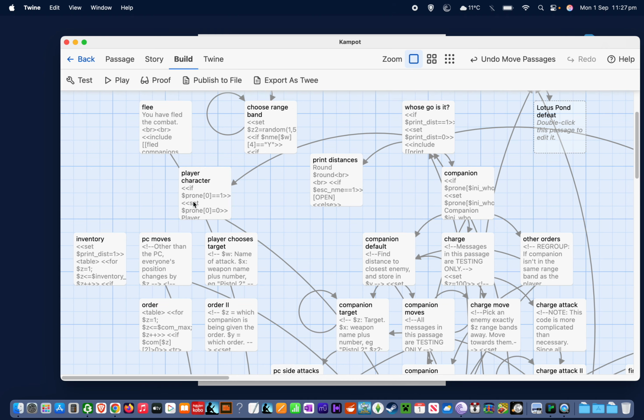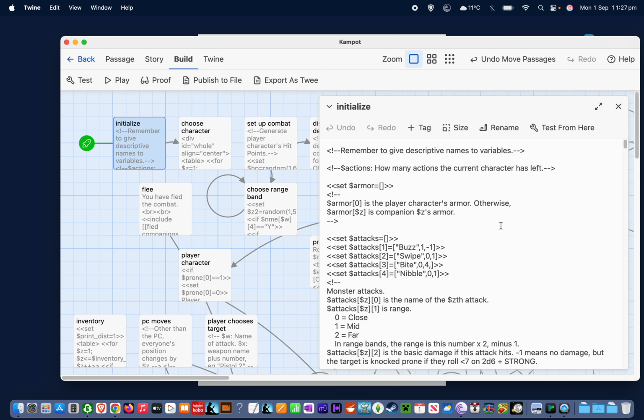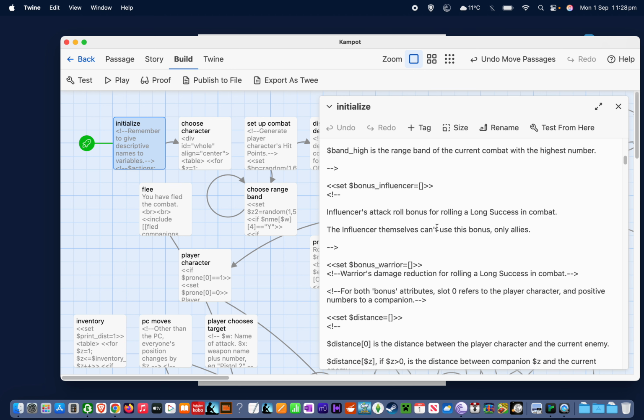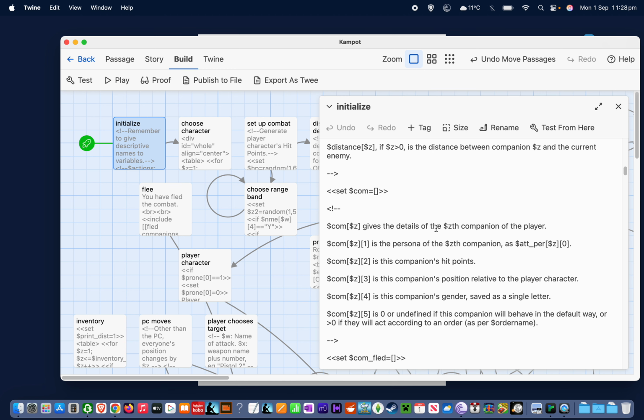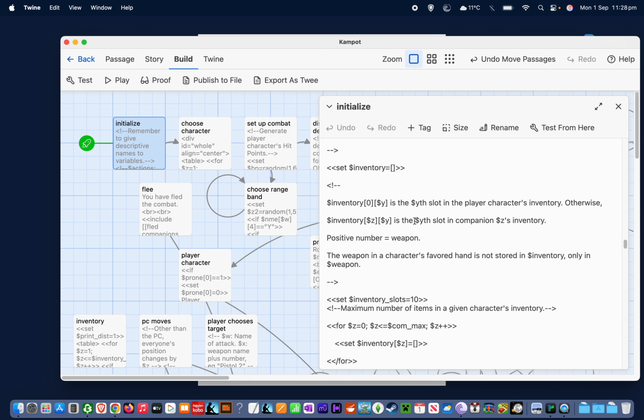Now, we're first going to have to look in initialize, because, as you might expect, if we're going to start keeping track of things that the characters have in their inventory, we need some variables where we're going to store that stuff. And therefore, you might think, we will need some new variables. And you're absolutely right. So I'm just going to scroll down. So we have the array inventory,